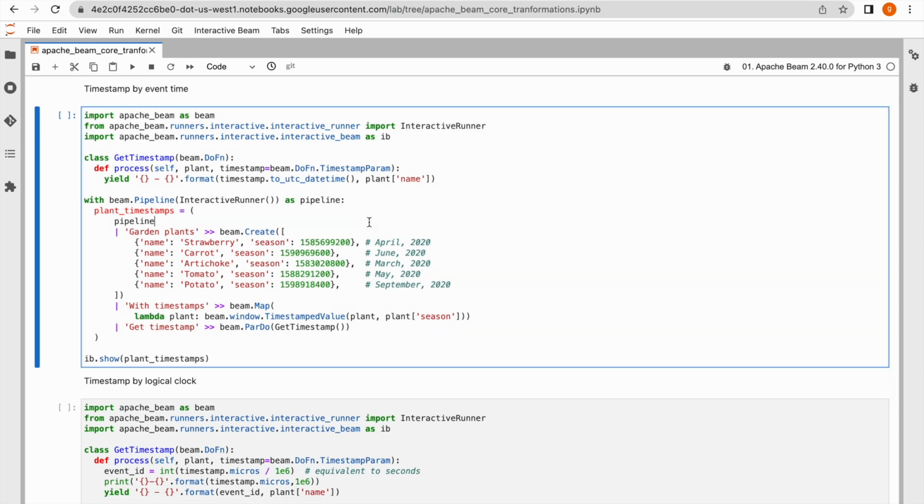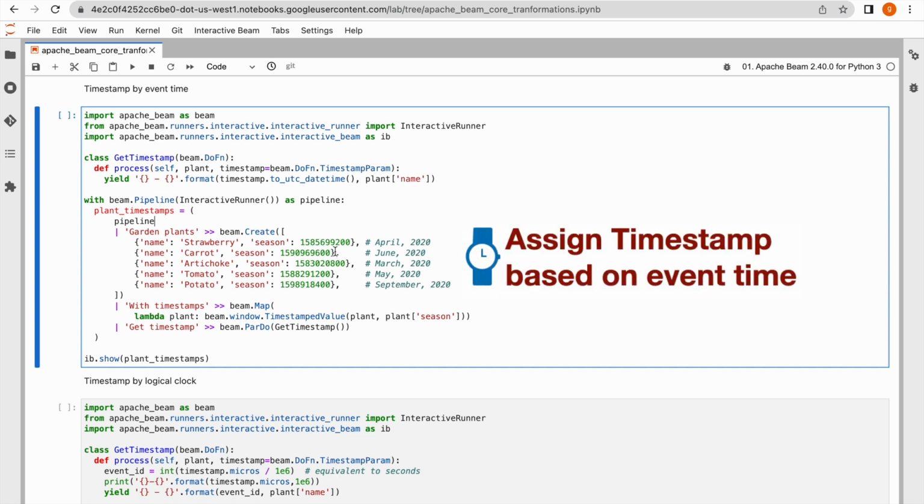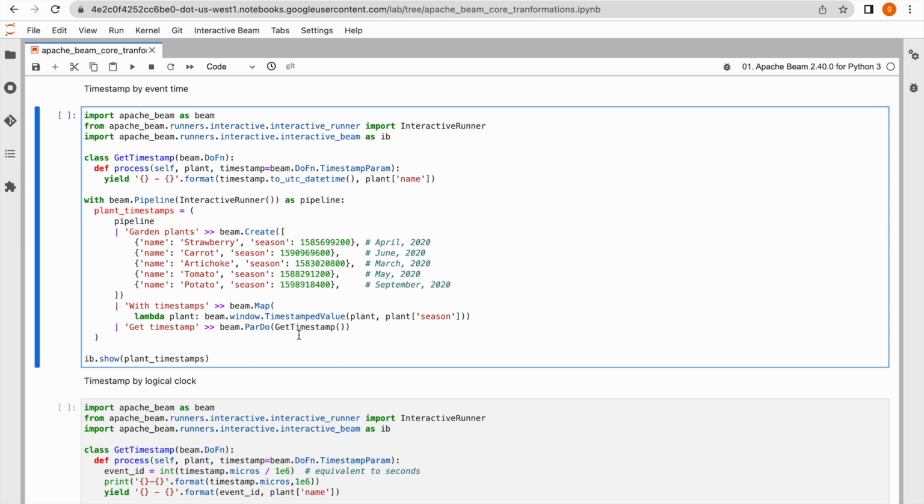For example, in the stream data, if we have timestamp related information in the form of Unix time, we'll have to convert that data into our standard date timestamp. For that we will use this transformation along with ParDo. What this ParDo will do is take data coming from this timestamp value transformation and try to perform the transformation which has been written over here, and emit that output in